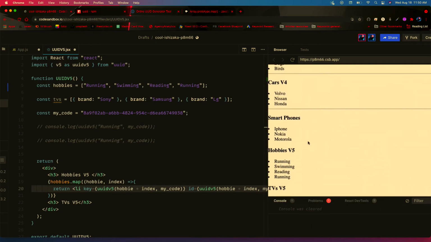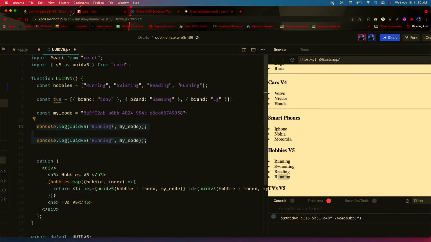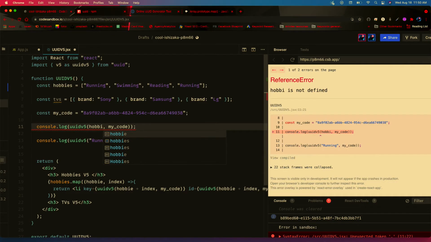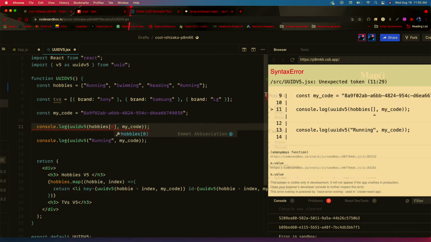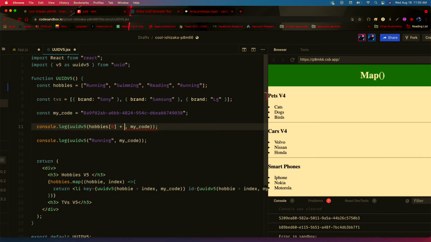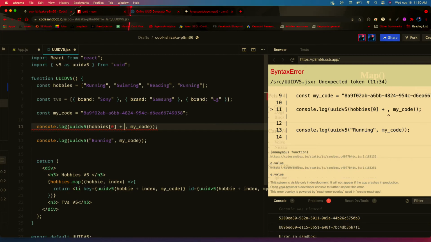So as you can see, I have running here and I have running, but I don't have any errors because I added this index here, because each one has a unique index or a different index. So the first one has an index of 0, the last one has an index of 3. Okay, but I can show you here if I uncomment this. So if I want to grab running from hobbies, what I have to do is delete this hobbies because it's an array. So I need hobbies. First one has an index of 0. Okay, plus and it has an index of 0. Okay,